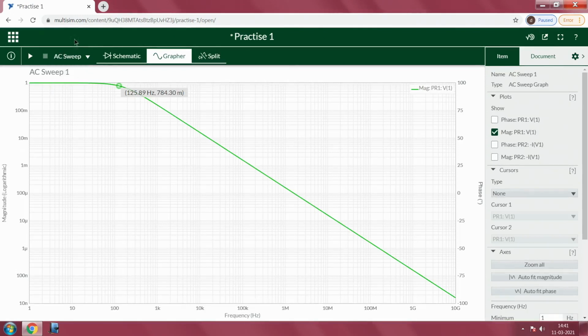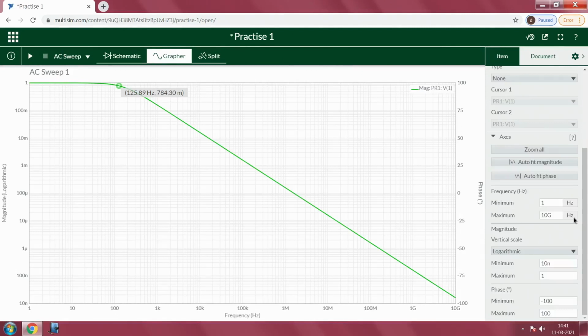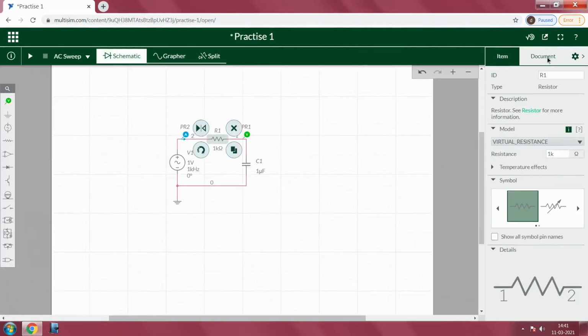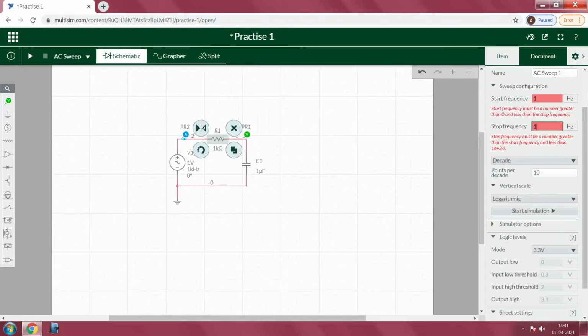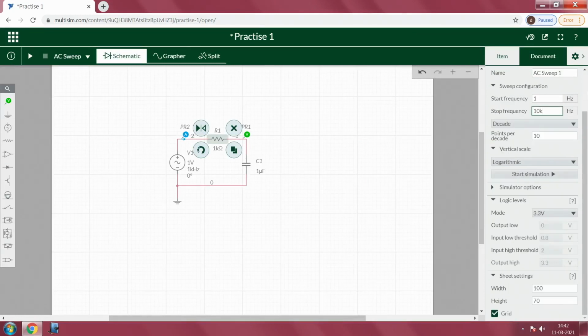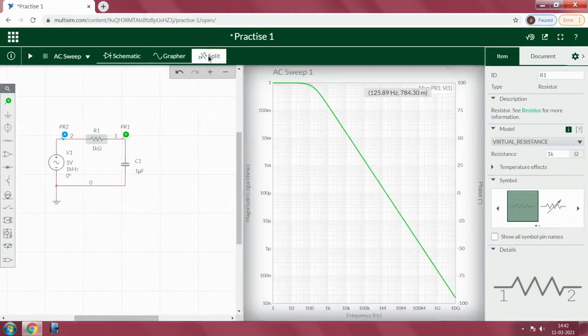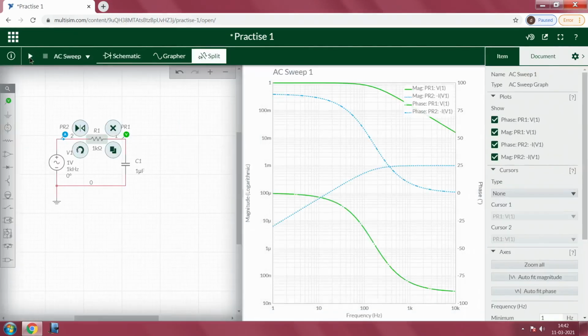In order to change the parameters, go to the schematic, then it will automatically go to the sweep settings window. Here, instead of 1 giga, I am going with just 10K. Then I am splitting the window, then plotting it.